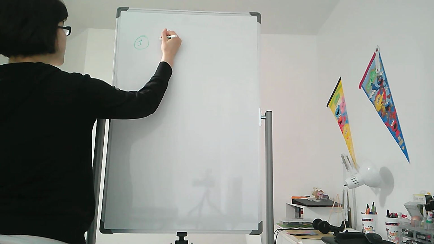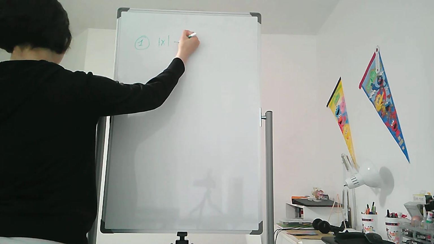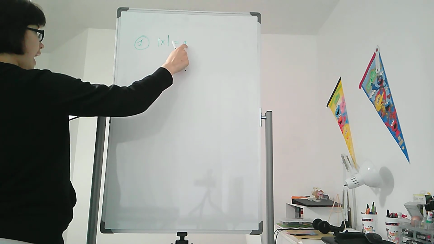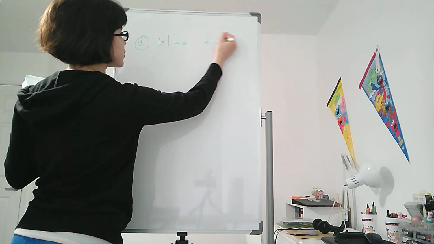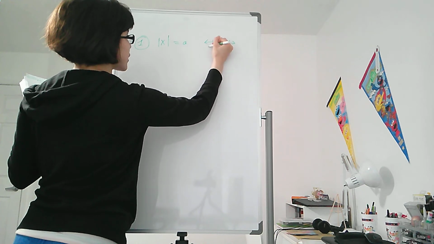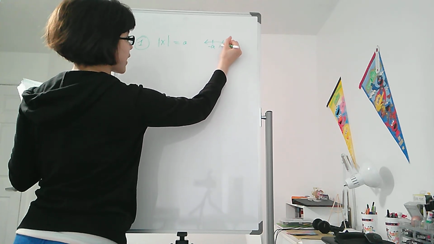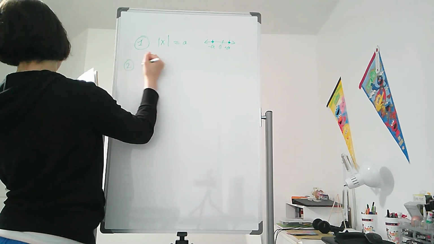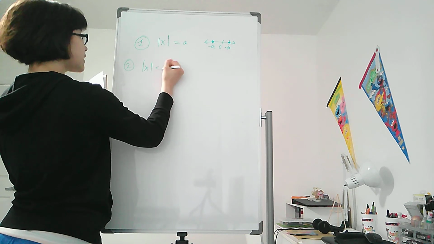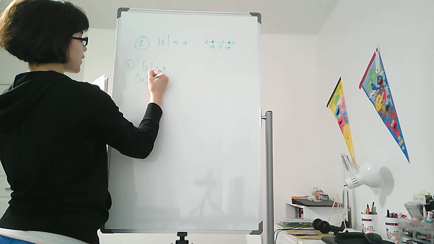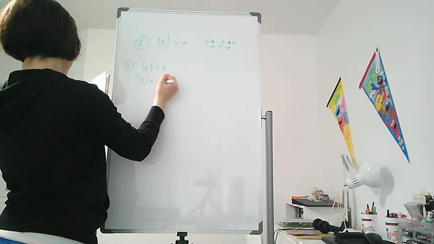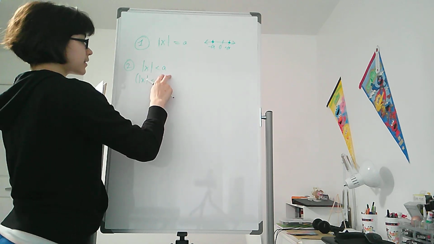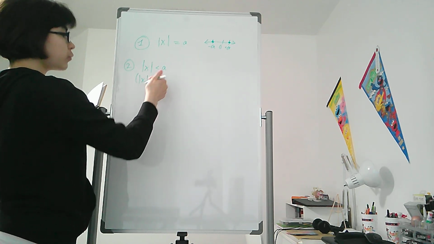First, we have the form, the absolute value of x is equal to a. So what this means is the distance from x to 0 is a units, okay? So your solutions are going to look like this. You're going to have negative a and you're going to have positive a, okay? That's pretty straightforward. Next we have the absolute value of x is less than a, or, you know, the absolute value of x is less than or equal to a. So what this means is the distance from x to 0 is going to be less than a units, or less than or equal to, in which case the